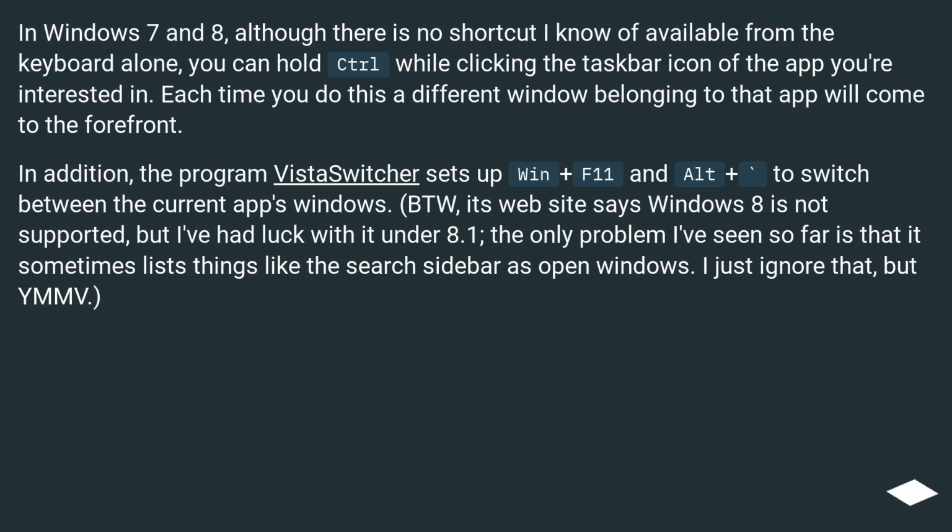In addition, the program Vista Switcher sets up Win plus F11 and Alt plus ` to switch between the current app's windows. BTW, its website says Windows 8 is not supported, but I've had luck with it under 8.1. The only problem I've seen so far is that it sometimes lists things like the search sidebar as open windows. I just ignore that, but you've